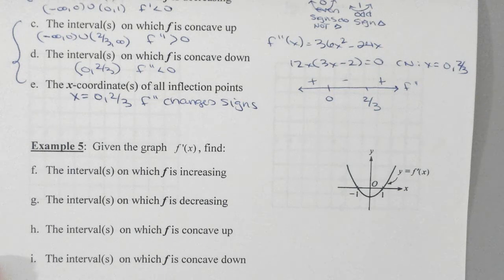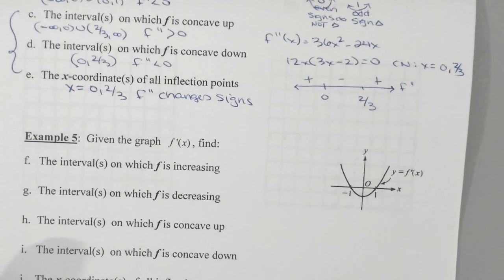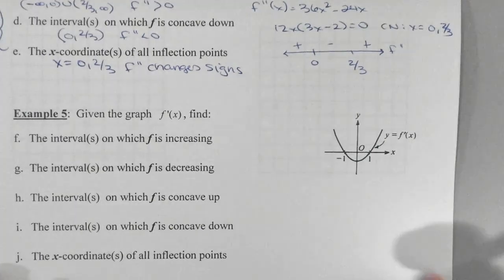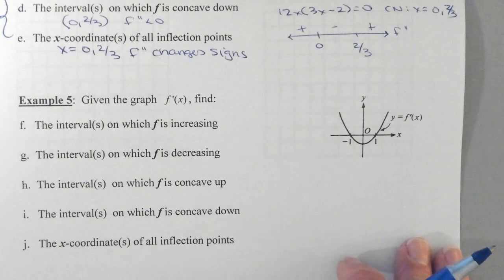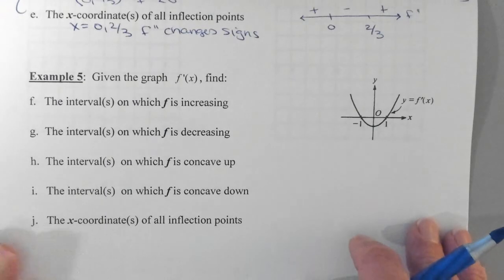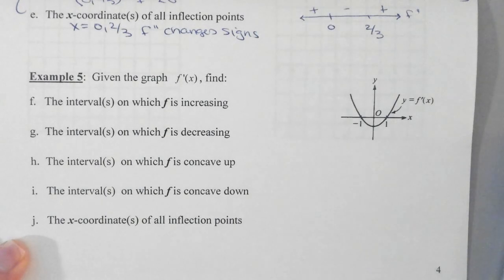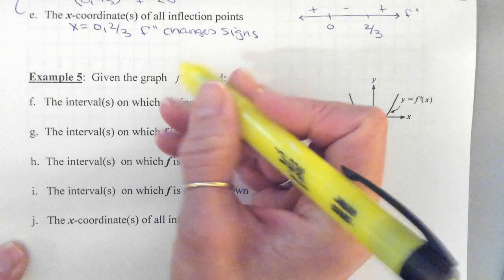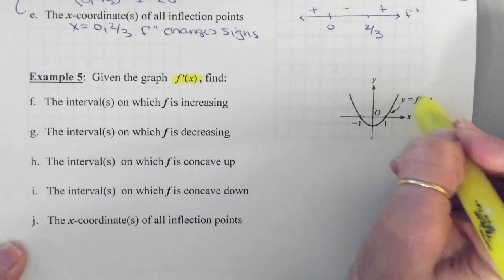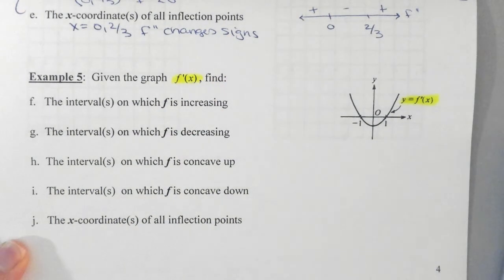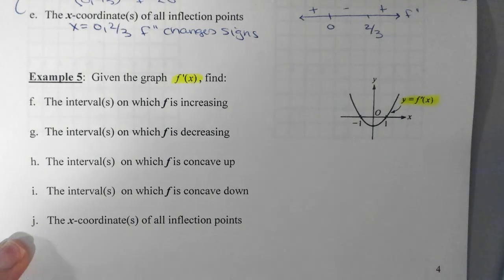Okay, questions before we move to the next problem? Everybody doing okay? I know it's a lot. Okay. So, remember in that very first problem at the top, I highlighted we were given the graph of f of x. Now we're taking a look here. It says given the graph of f prime. So we are not given f of x. But f prime can give us a lot of information, but you have to be careful how you use